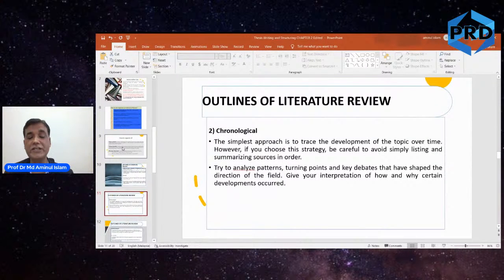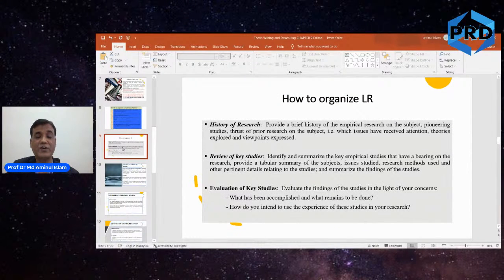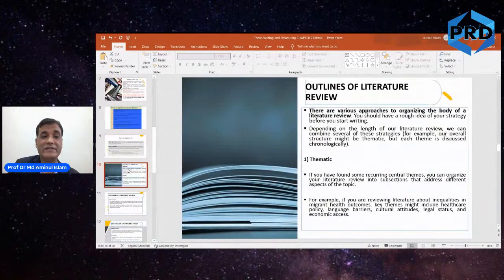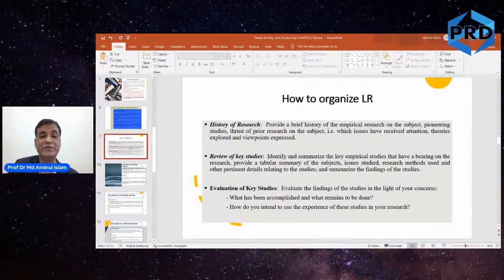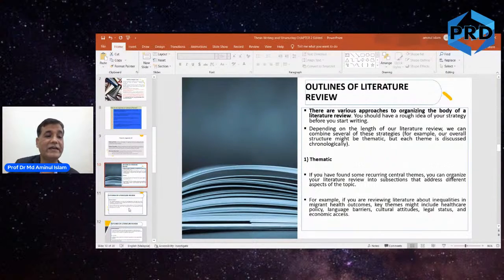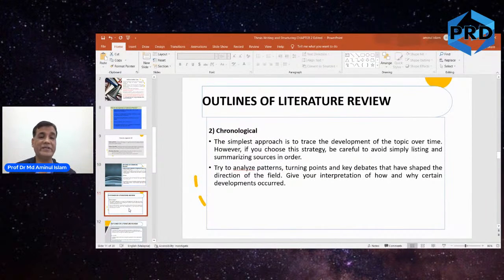And the next one is chronological, as I said earlier. In my earlier slide, remember, we showed you talking about the history of research, reviewing key studies. This is definitely going chronologically. So when you go for thematic, you are again looking at the history of research and the review of studies, and when you go with thematic presentation, again it has to be presented in chronological order. That's what I said earlier. If a theory was proposed in 1970, that groundbreaking paper has got to be cited first, and from that you proceed chronologically under the theme.